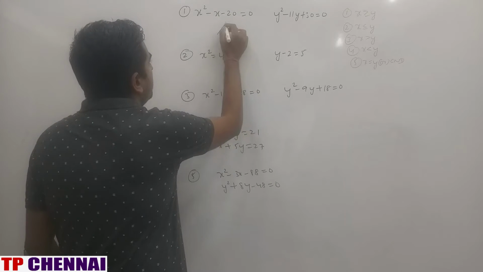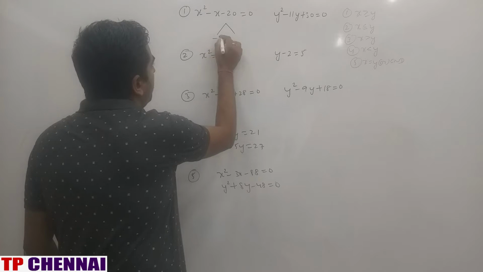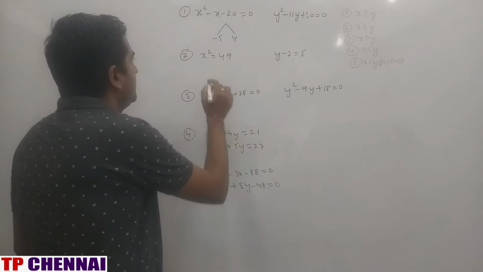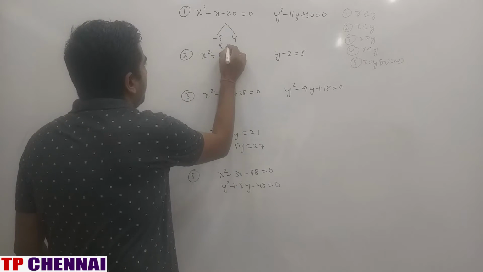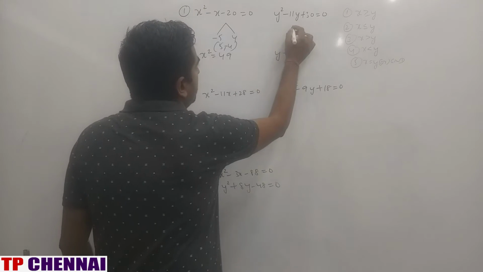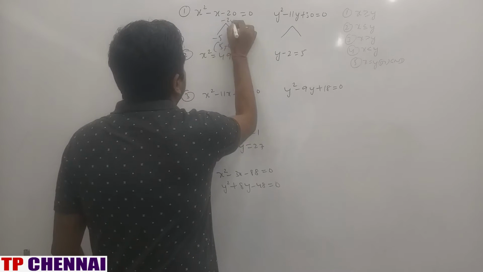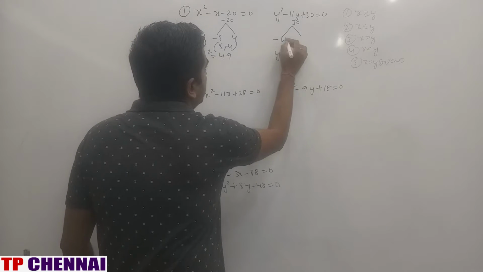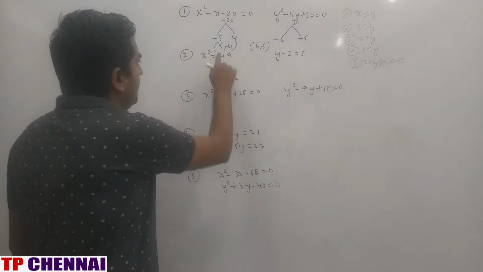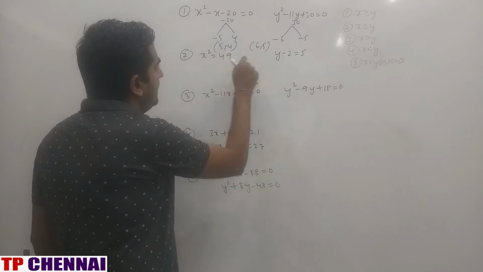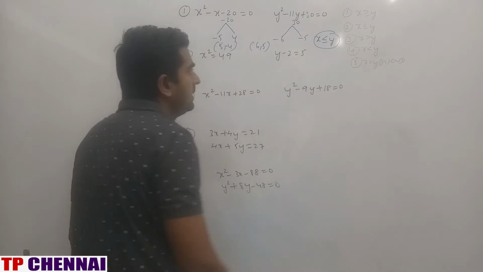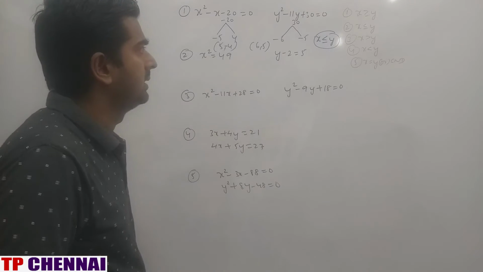So it is minus 5 and 4, because minus 5 plus 4 is minus 1 and minus 5 into 4 is minus 20. So my final answer is 5 comma minus 4. Then here, 30, so this is minus 6 minus 5, my final answer is 6 comma 5. Now I am comparing 5, 6: y is greater, equal, y is greater, y is greater. So x less than or equal to y. This is my answer, so I need to go with the second option.